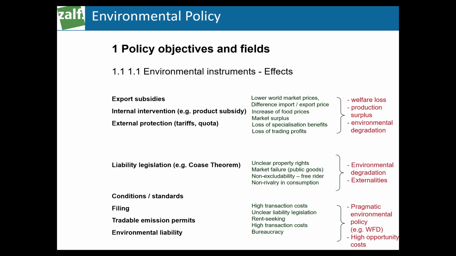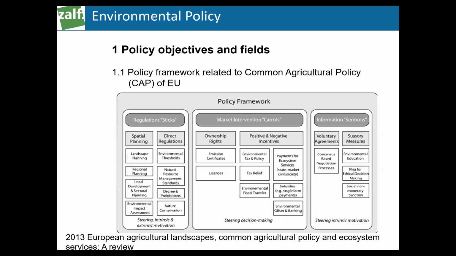What the policymaker also has is a tightrope walk, a trade-off to be considered. If I really reduce it drastically, I harm my economy. I don't want to harm it, of course, because these are jobs. And this has to be considered. But this is certainly the most efficient one. And conditions, standards, filing, environmental liability, that's all normally these levels, they cause a lot of communication and control costs, and in liability, of course, legal costs.